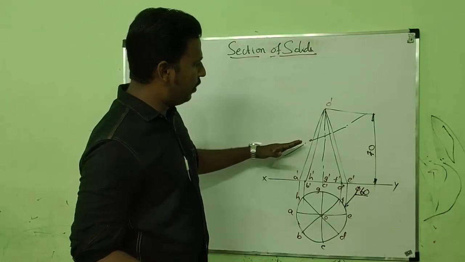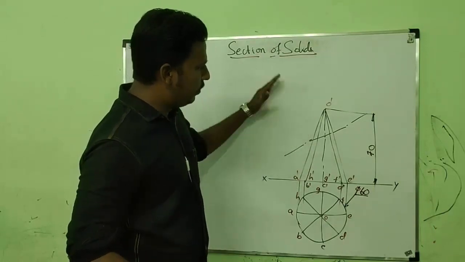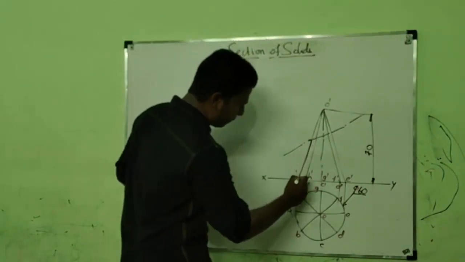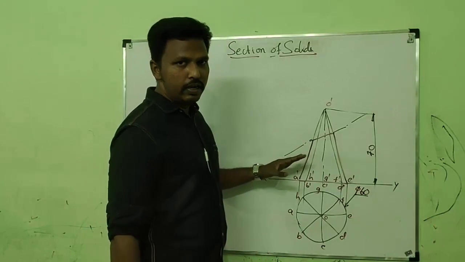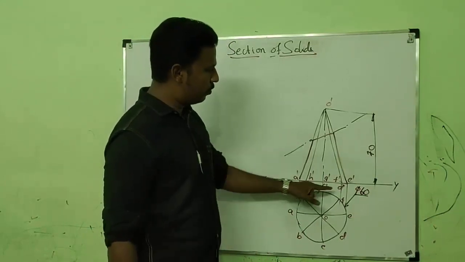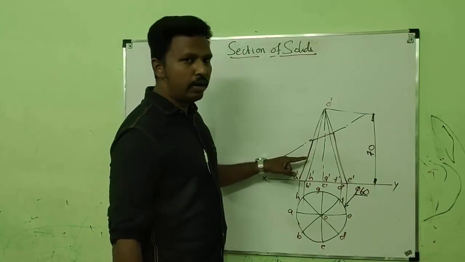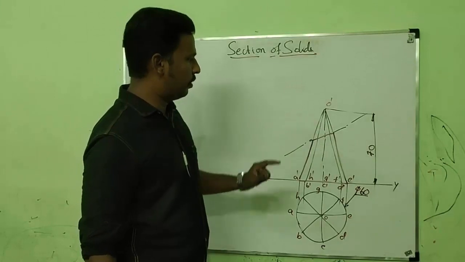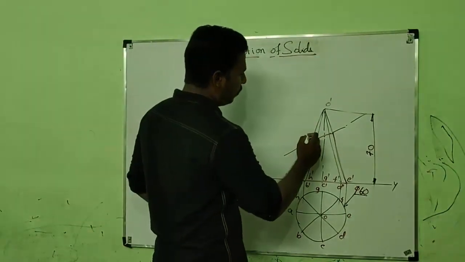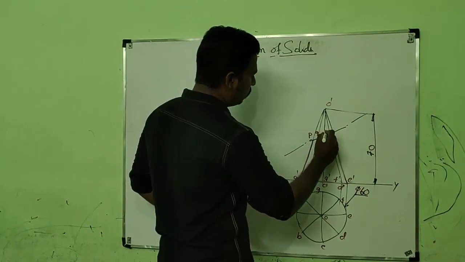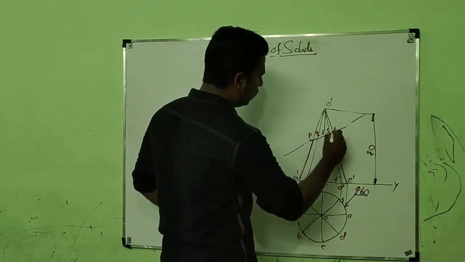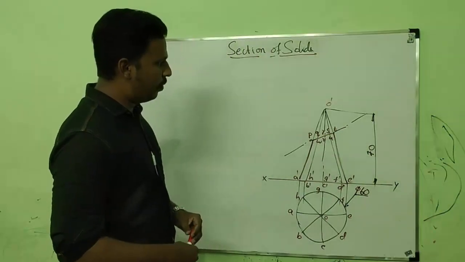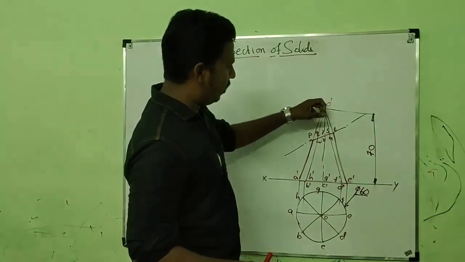Once we have located the cutting plane, we have to darken the retained portion and leave the removed portion. This portion is retained and this portion is to be darkened. You should always keep in mind, in cylinders and cones, only the outermost surfaces should be visible. All other edges should be in thin line. Once we have darkened the retained portion, we have to mark the names for the cut points. Here we have cut points P, Q, R, S, T, U, V, W. We have 8 cut points, 5 in the front and 3 in the rear.